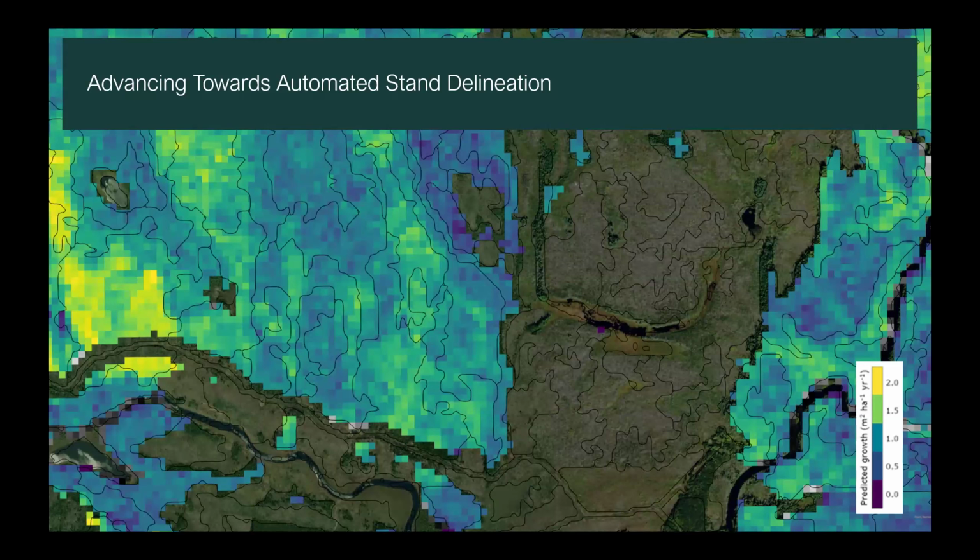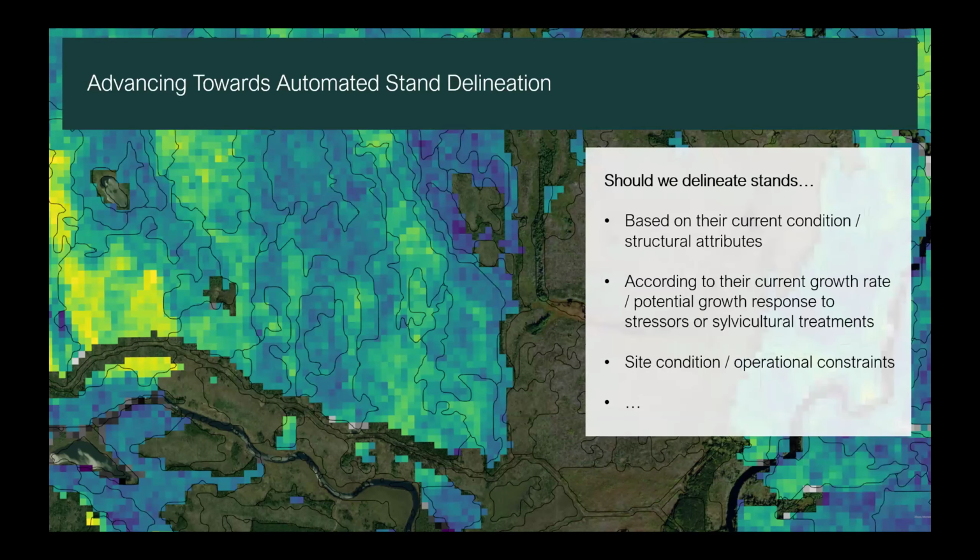What we can see is that the polygons are the same that I've just shown you. The polygons are derived from LiDAR metrics, but the raster cells are the predicted growth rate from our Landsat model. We can see there's some fit between both maps, but especially on the left, for instance, we can see that within a given stand, there is still some variability in the predicted growth rates. Of course, we still need to develop these models and assess their accuracy better over the landscape, but eventually we'll come to the question of what's the most relevant